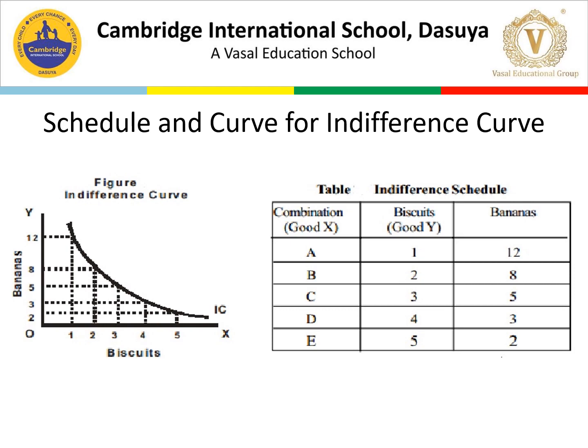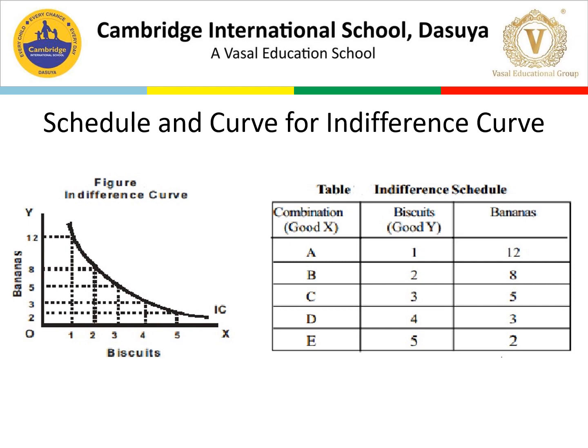An indifference curve is the locus of all the points representing different combinations that are equally satisfactory to the consumer. So all are satisfactory to the consumer. Talking about the first combination, A, it is 1 and 12: one packet of biscuits and 12 bananas, that means one dozen bananas and one packet of biscuits. In this combination we are getting a certain satisfaction level from one packet of biscuits and 12 bananas.